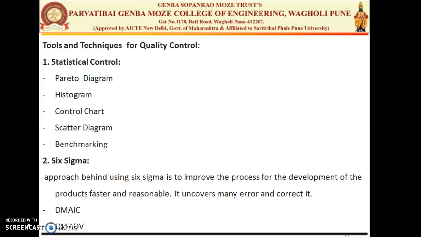The main objective of quality management is making sure that the project maintains its goals throughout the process, whatever we have decided previously with the stakeholders or with the customers. So quality control goes with different processes like quality planning, quality management, then performing quality assurance, and then controlling the quality. We have different tools and techniques under quality control. The first one is the statistical tools, and the second one is Six Sigma.